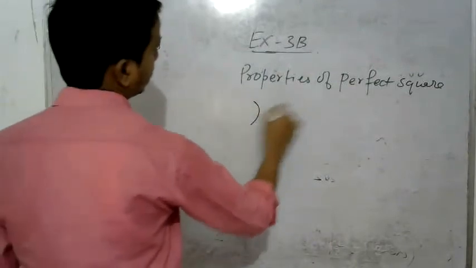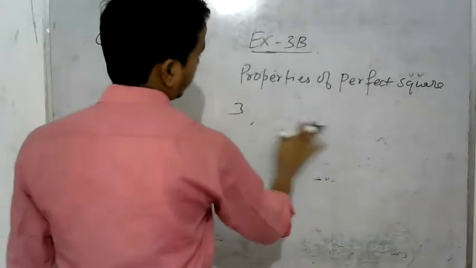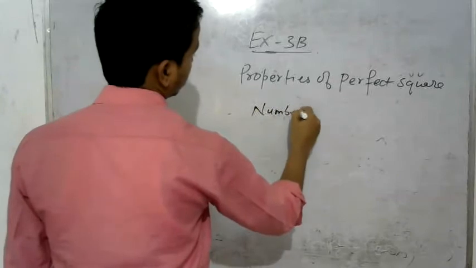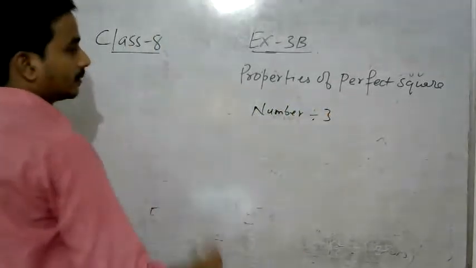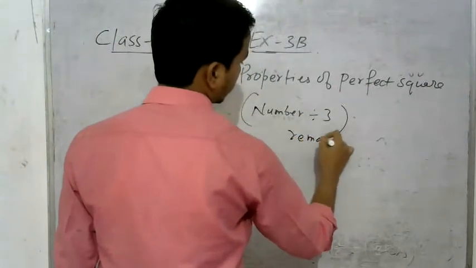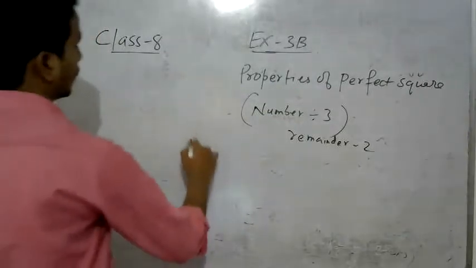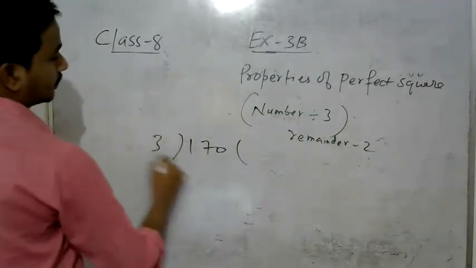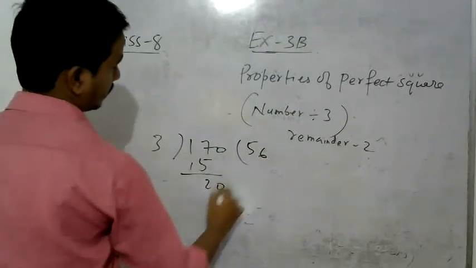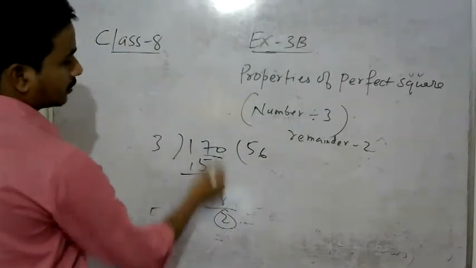When you divide any number by 3 and it leaves remainder 2, then that is not a perfect square number. For example, 170 divided by 3: 3 5s are 15, 20, 3 6s are 18, you are getting remainder 2. So when you divide any number by 3 and you get remainder 2, then that number is not a